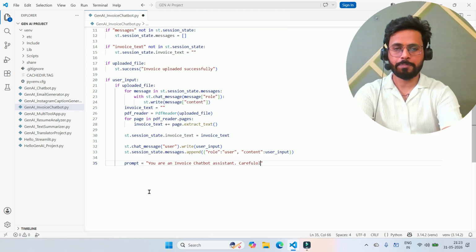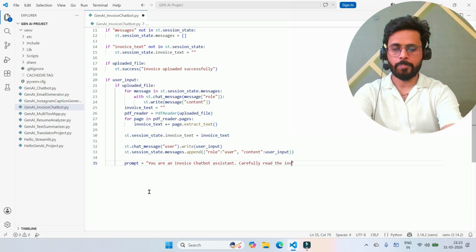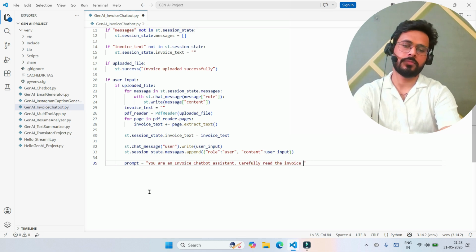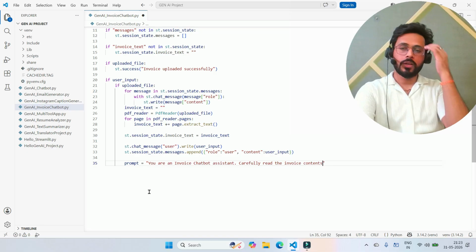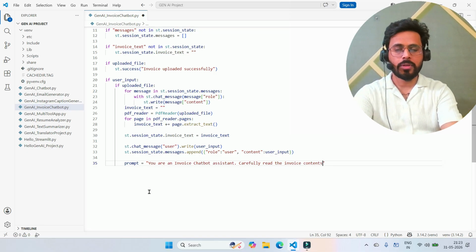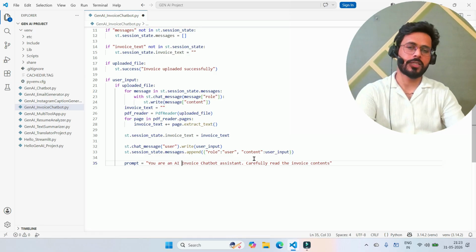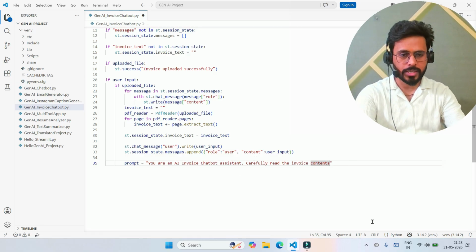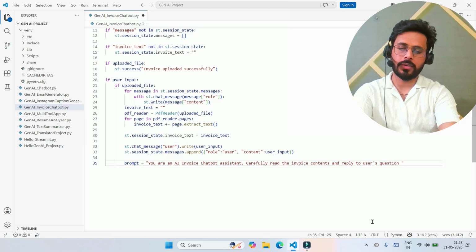Now carefully read the invoice contents. So this is basically my prompt which I'm going to send to the OpenAI server, this AI model. So you are an AI invoice chatbot assistant. Carefully read the invoice contents and reply to the user's question